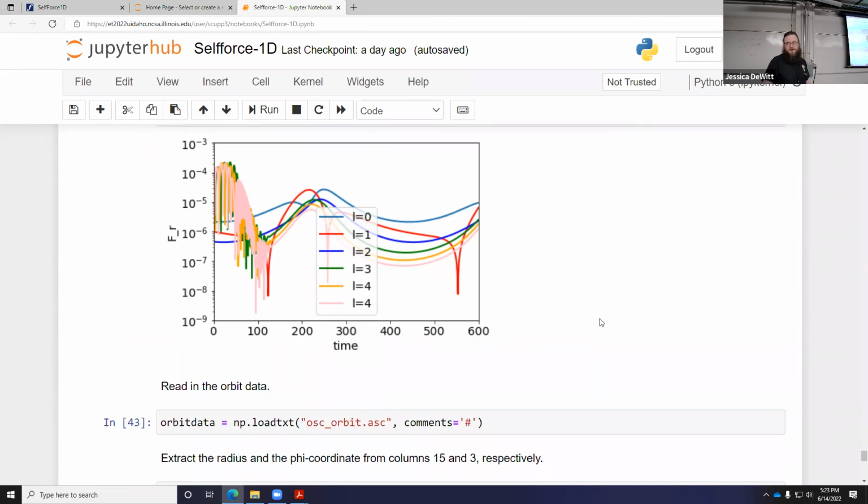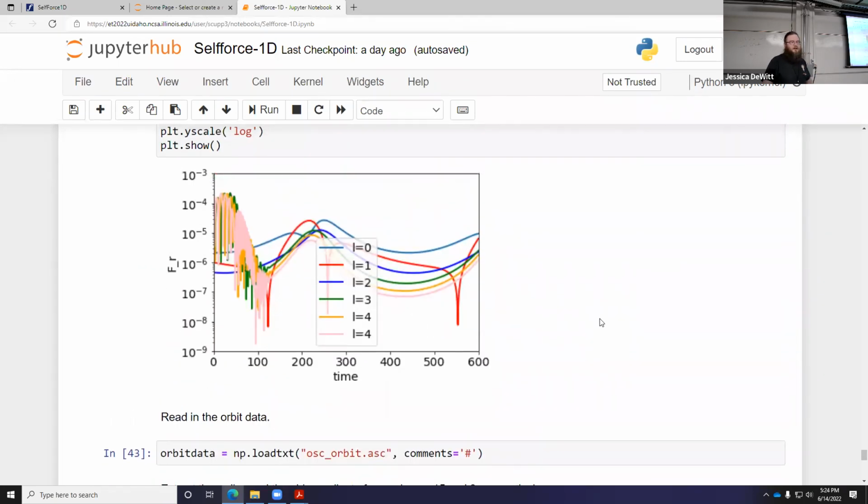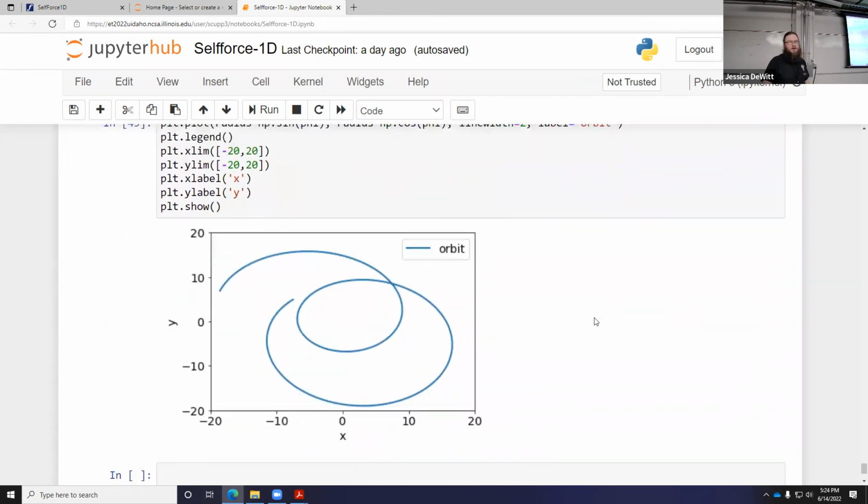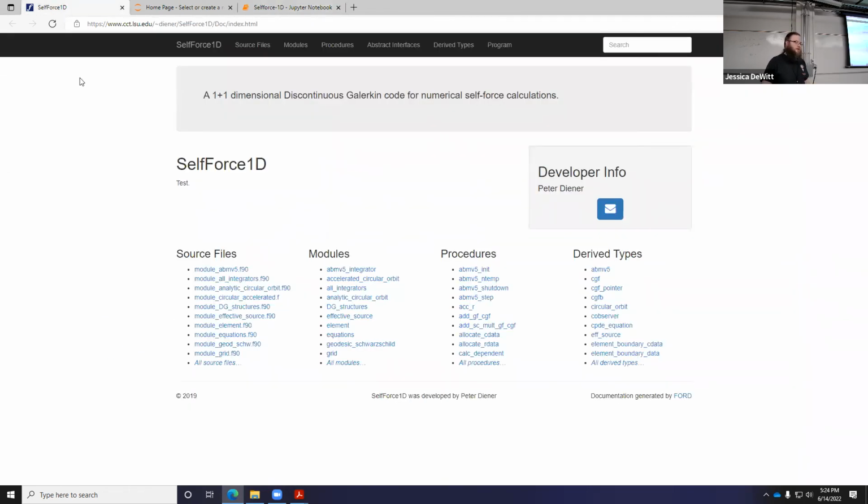But yeah, so that's all I have in this notebook in terms of how to run it, how to download it. I will go ahead and show you. If you followed the link in the PowerPoint, this is what it takes you to for the documentation. And these are just some of the things, but let's say I wanted to look at all the modules,